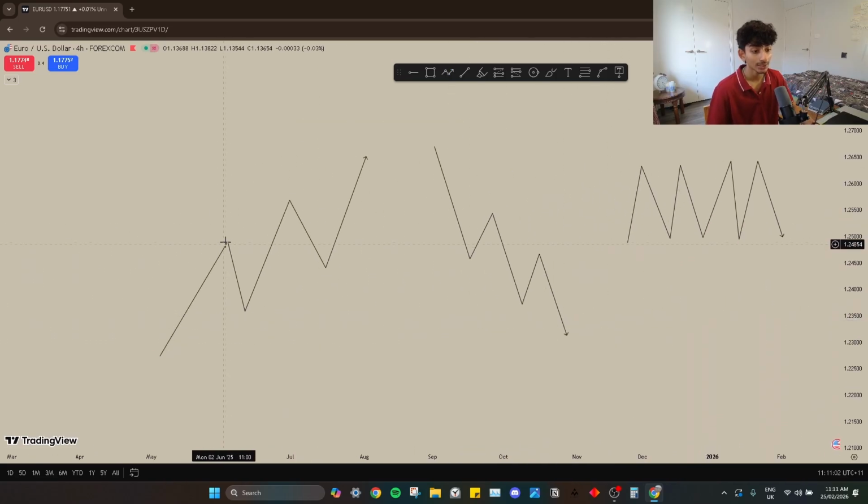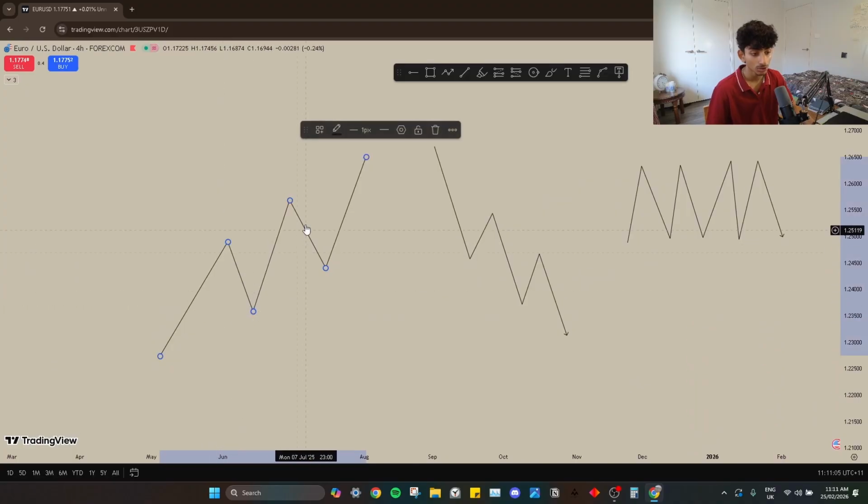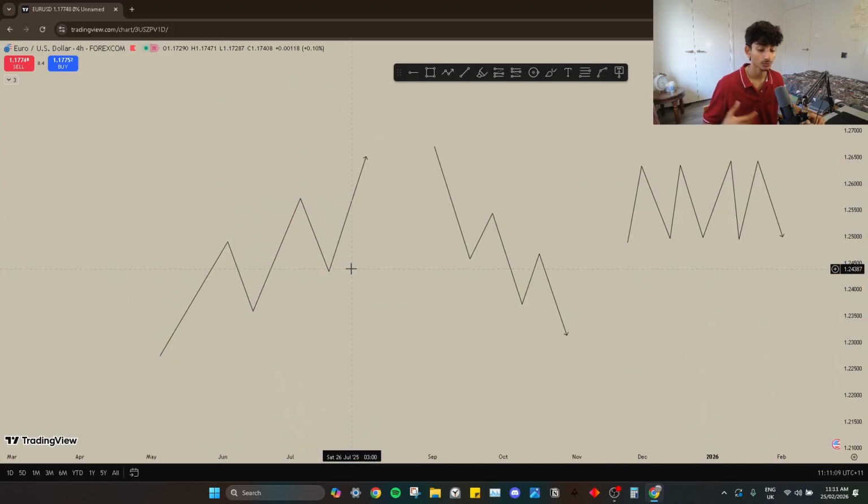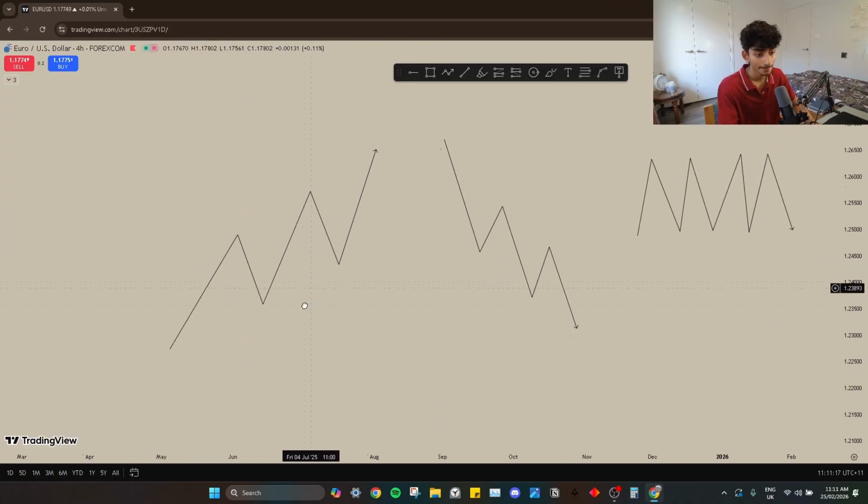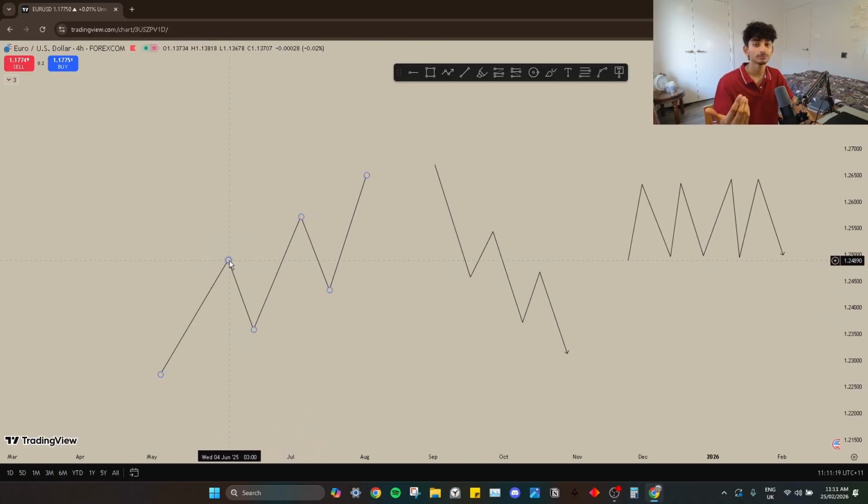But what people don't understand is internal market structure and fractal market structure. That is where they get confused. That is where they mess up their daily bias and they trade in the complete wrong direction. Because they understand this stuff, but they don't know when to actually be using this stuff to trade in the right direction. If that makes sense.